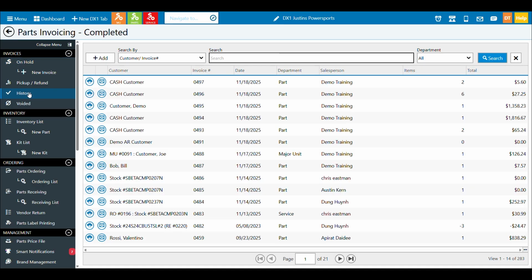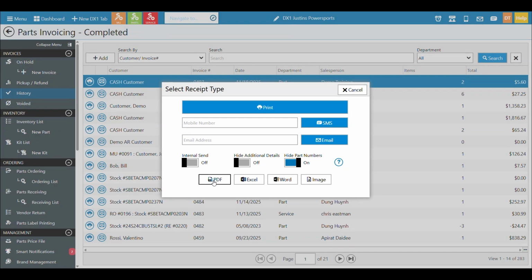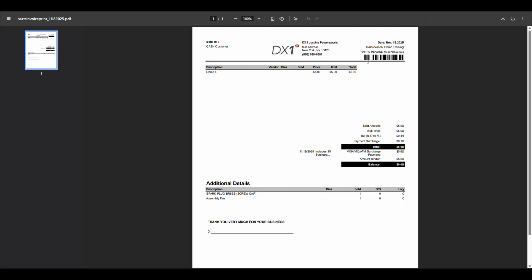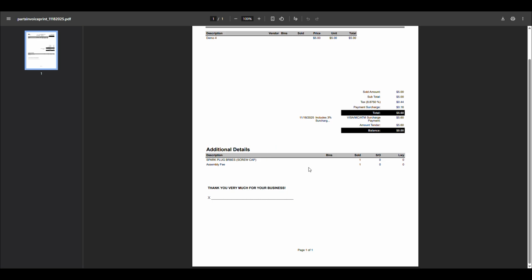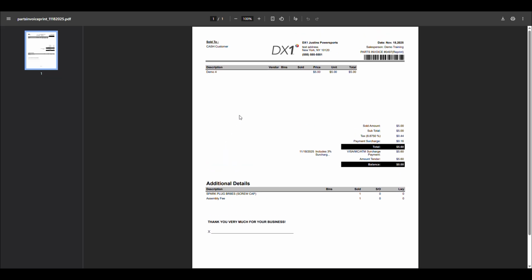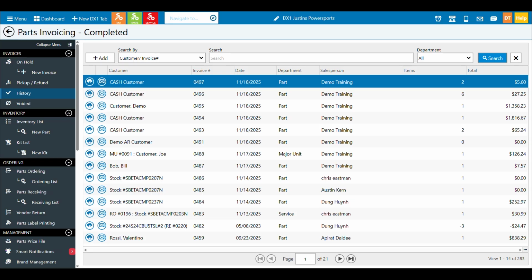So when we go over to history and we want to go in and look at particular options here, if we look at a PDF of the invoice, we can see down here it showed the additional details. That's the component. So with that toggle at the end, this is what you're controlling, whether this shows or not. It still shows as a kit up here in the description. We hid the part number, so there is no kit number. It was a total price, but again, here we've shown a breakdown of what the kit details were, and that was by choice. So remember, you can control whether you show that or not when you're selling kits.